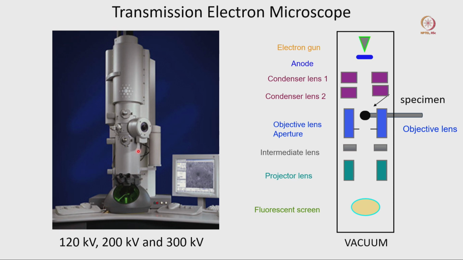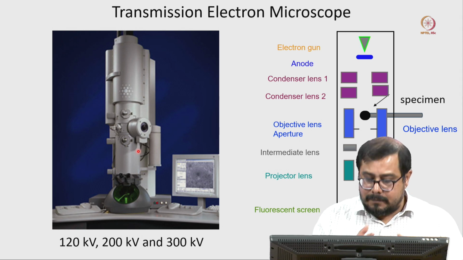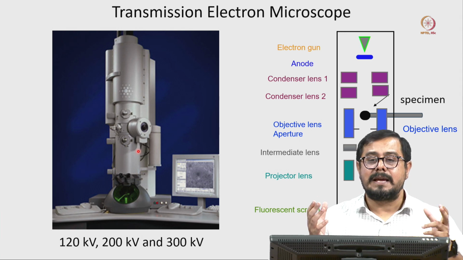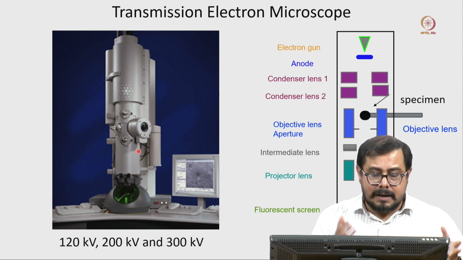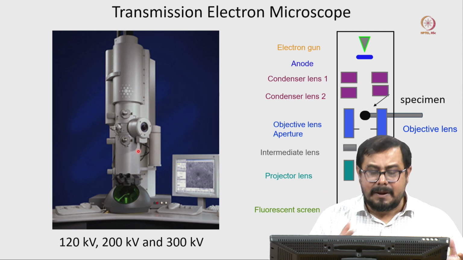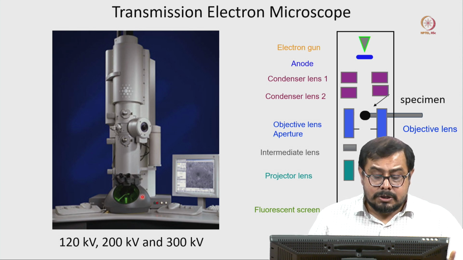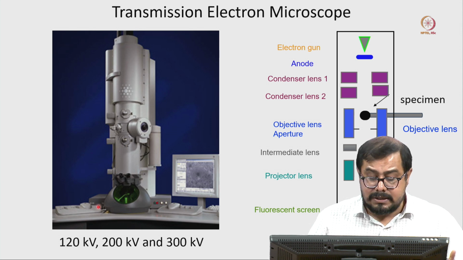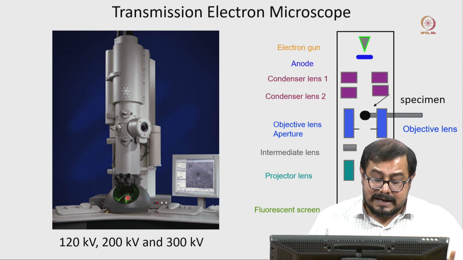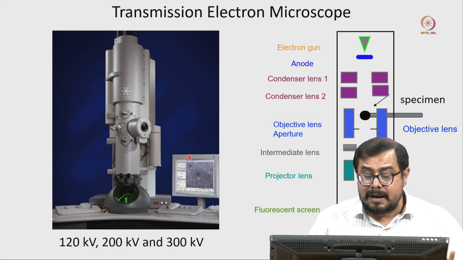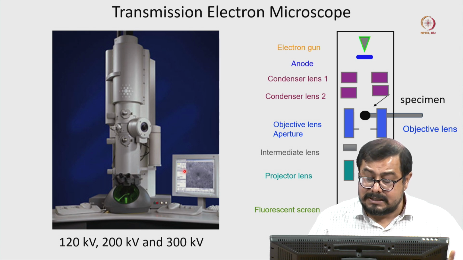Someone can say that in the light microscope we can see the objective lens, the sample holder region, the condenser lens and other lens systems, even the light source. But here everything is under a cover, under a cylinder. Here you can see this is the viewing chamber where you can see this green light where all these images are forming, and we can also get all these images on this computer.